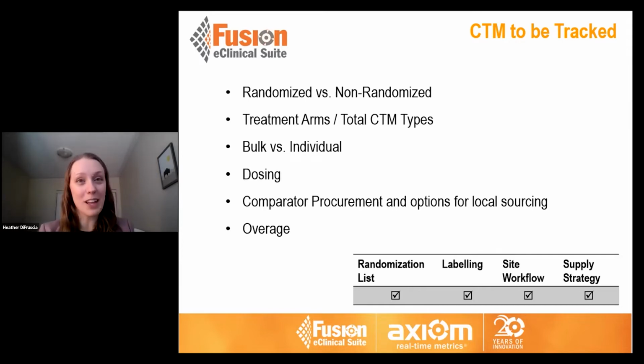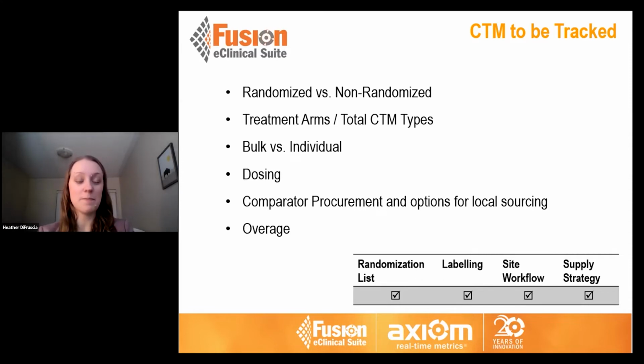We won't talk about the blinding too much because we have that later on, but just some things to think about up front. Our treatment arms, how many treatment arms do we have? That's going to mean that we have to, of course, make sure we have sufficient of each of those treatment arms. And going back to our previous slide, we were talking about making sure we understand our treatment ratio,